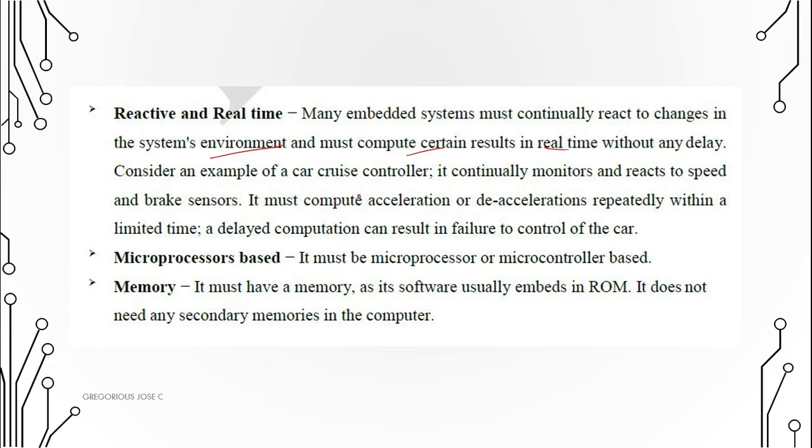For example, a cruise controller is based upon sensors that maintain a uniform speed and apply the brake. Another example is a fire alarm system that we discussed earlier. If a particular temperature or smoke is detected, it should process the data in the controller or processor, and act accordingly. Then only it can be